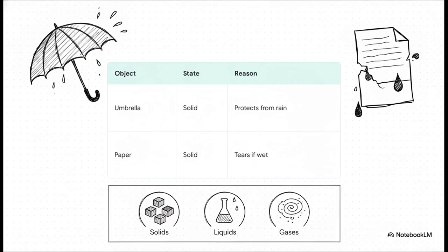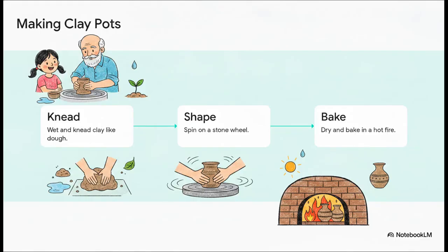Solid paper, on the other hand, is fragile. It'll just tear right up if it gets wet. Understanding these materials is exactly how we figure out how to use them properly. To really wrap our heads around how humans mold solid materials, let's look at pottery through the eyes of a